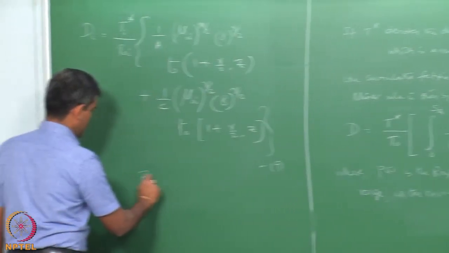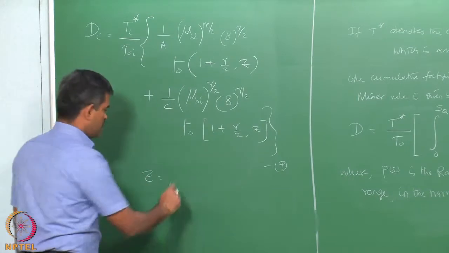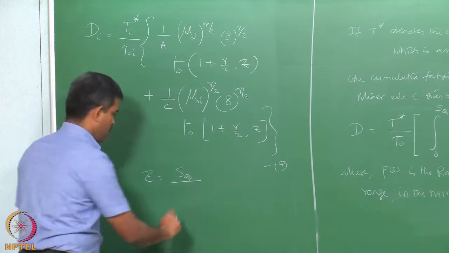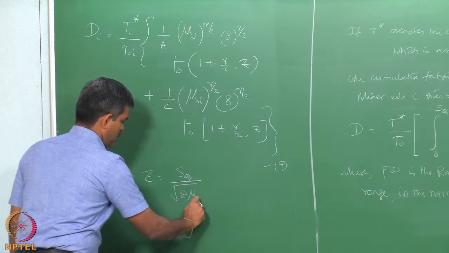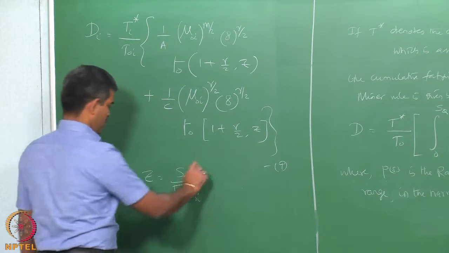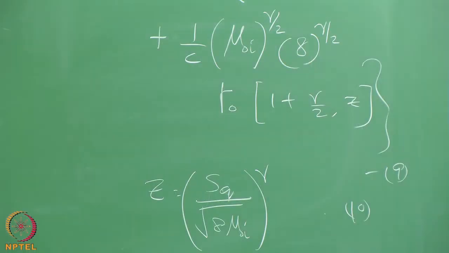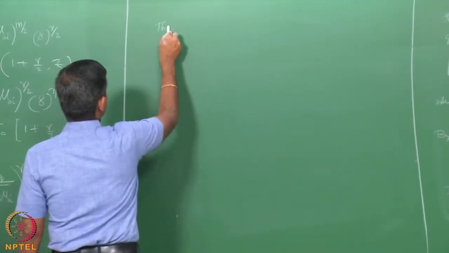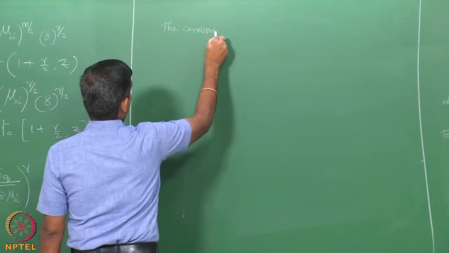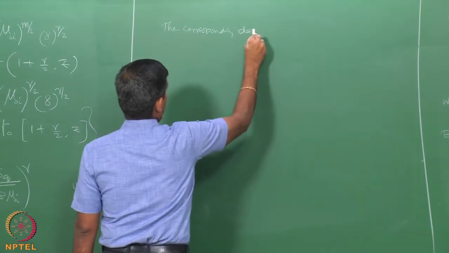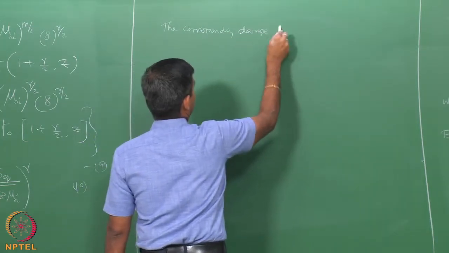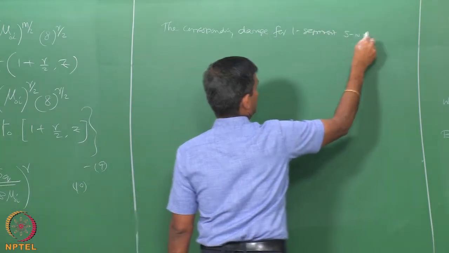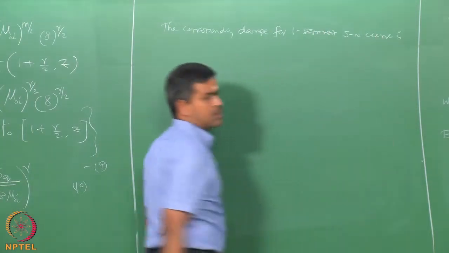Where z can be the stress range, S q by root of 8 mu 0 I to the power, the corresponding one segment curve, corresponding damage for one segment Sn curve is given by